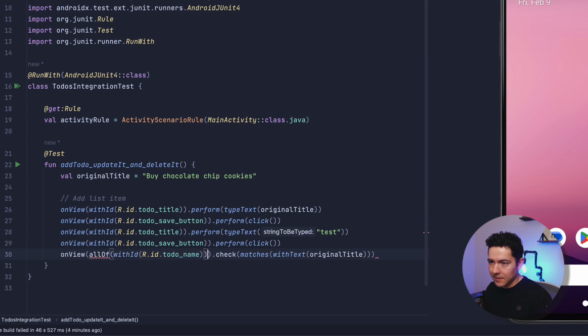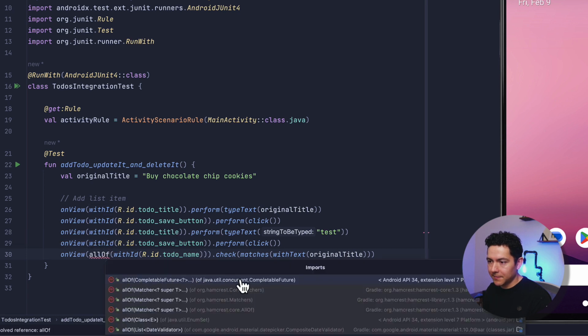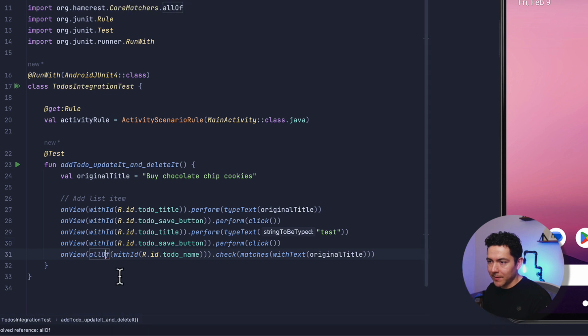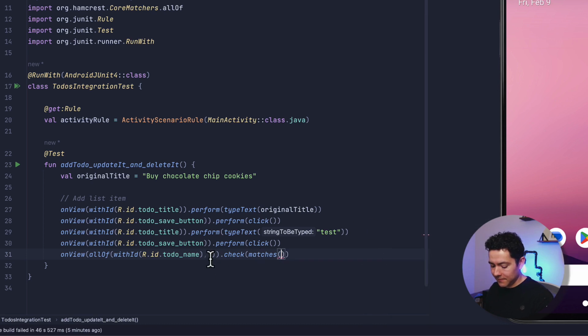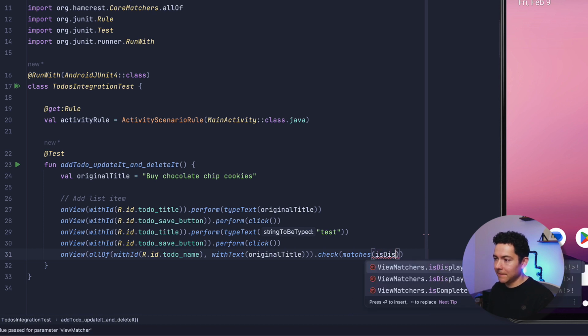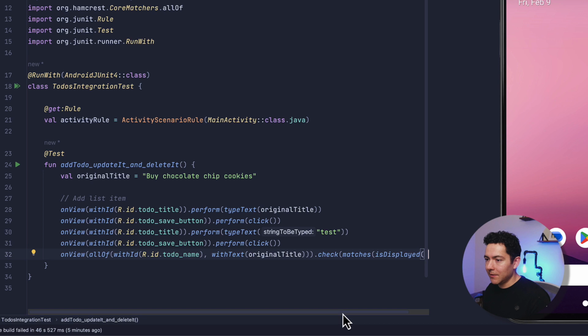So and then here I'm gonna pass, so let me just import all of from Hamcrest core matchers, and then here we can match the ID, and then we can also say match any views that have that ID and they have this text, only the ones that have the text of this original title, and we want to check that it matches is displayed. So that way, if we have another